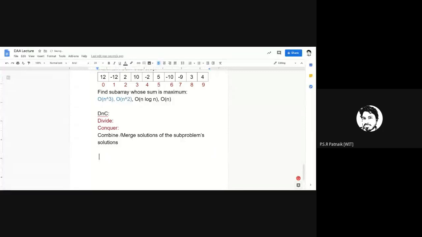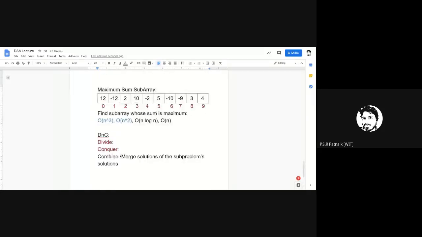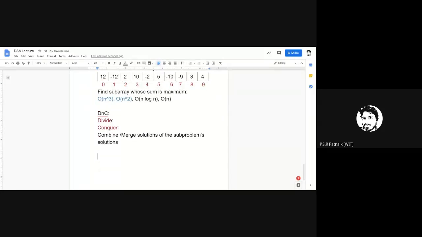So let me copy this and let us work out here. If I have this array, okay, I'm unable to get this figure. Okay, so generally let us do one thing. If I have left maximum sum subarray, let us have that. It denotes the maximum sum in the left half. And if I have right maximum sum subarray, if I have these two fields, can I directly combine them? I directly cannot combine.